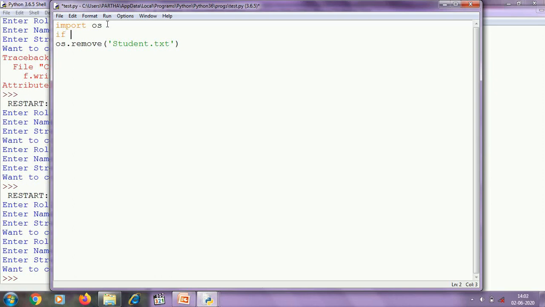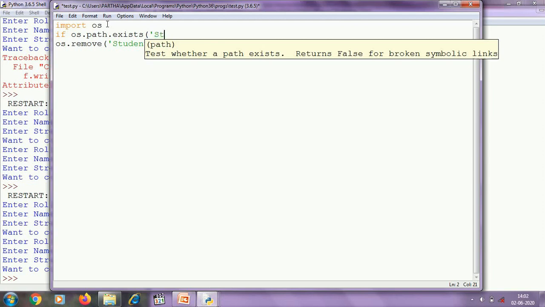So for that I am going to use os.path.exists, then within parentheses the name of the file.